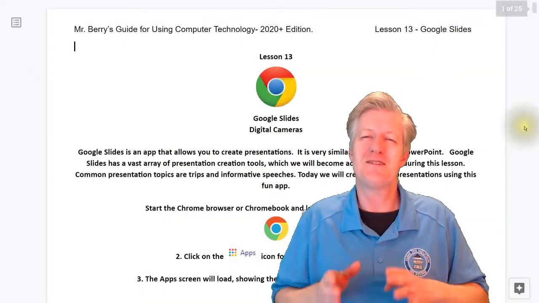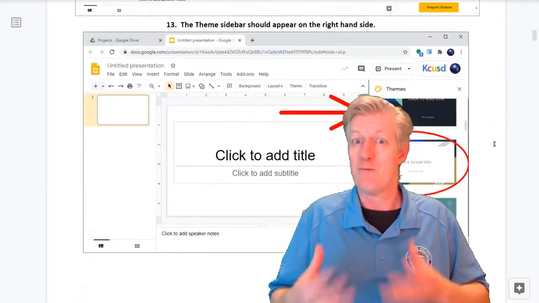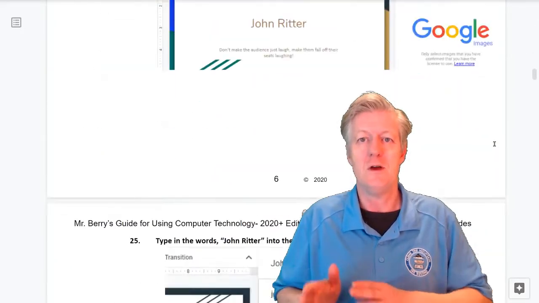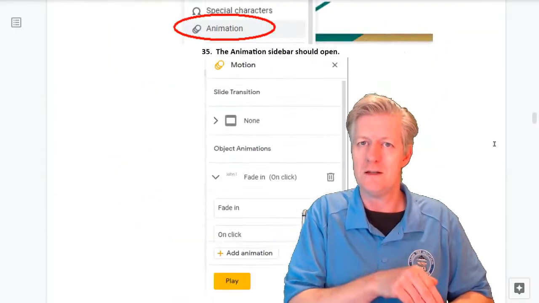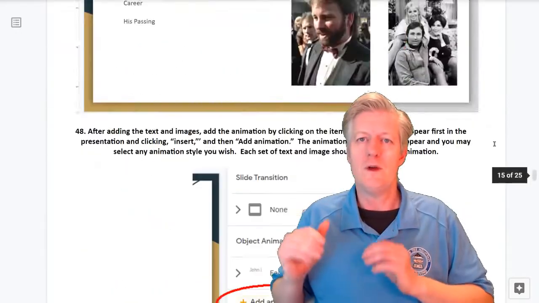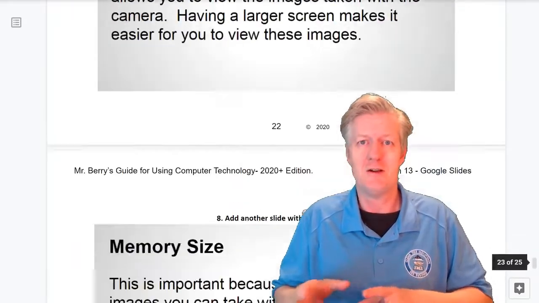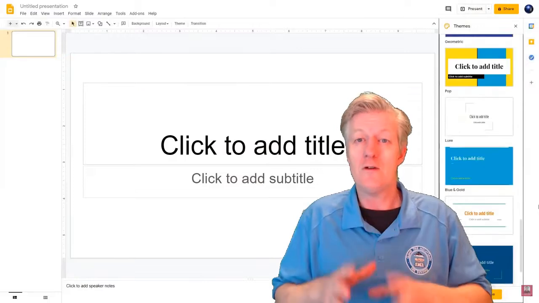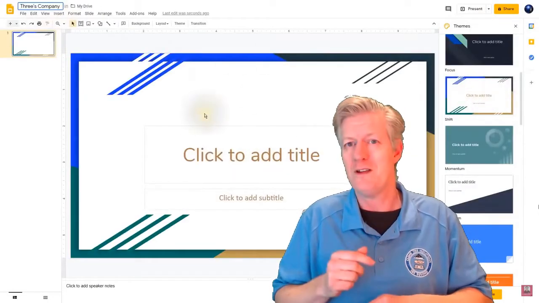Now on to lessons 13 and 14. In those lessons, I go over creating a presentation, and right at the very beginning of those lessons, I show you Microsoft's PowerPoint. I compare that to Google Slides, and I show how they're similar and how they're different. Now, when we create presentations, really you can have a lot of imagination there. You can talk about a trip, you could talk about a story. So really in those lessons, the students really get to be creative. So hopefully you like those.